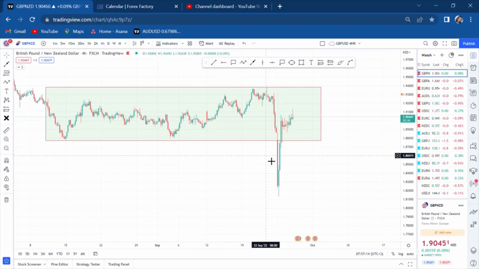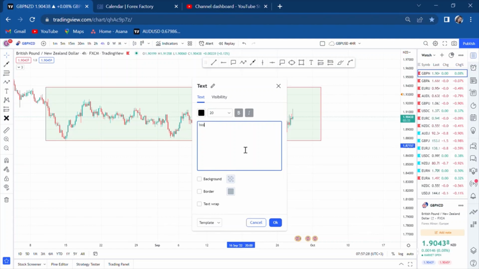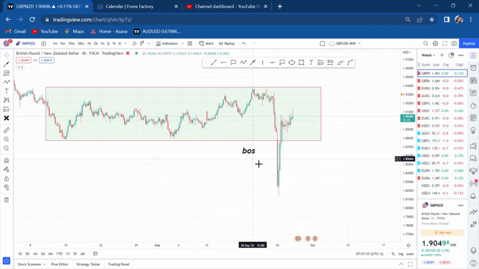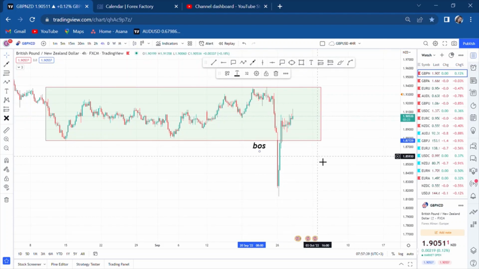So notice the market is in this channel, and this is 4-hour, and already we have BOS, we have break of structure. So I will write here BOS. So BOS, guys, means break of structure. You need to understand that for me, that's what I can see. So if I don't move to another time frame, I will stick to my GBPNZD has broken structure, and I'm waiting for the retracement to end and continue to sell.